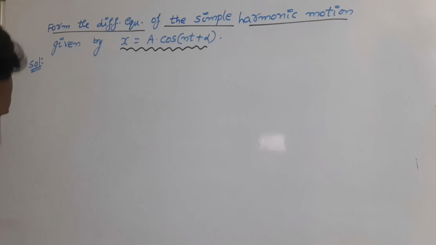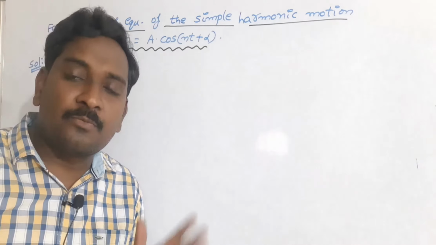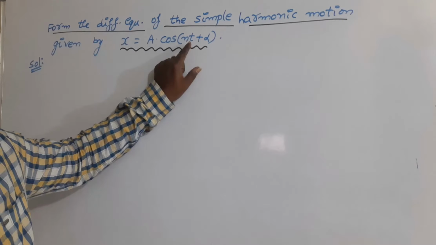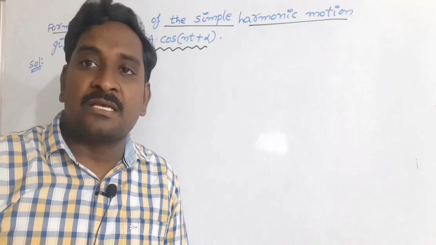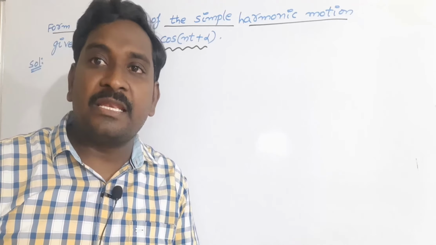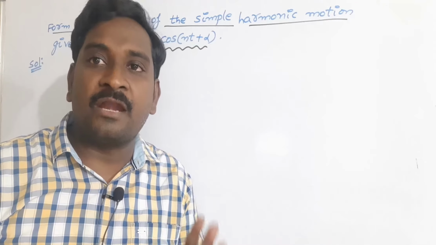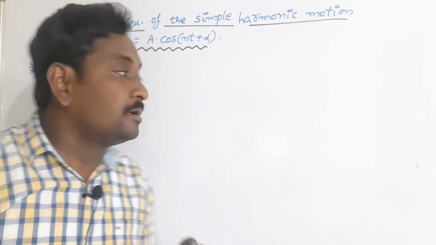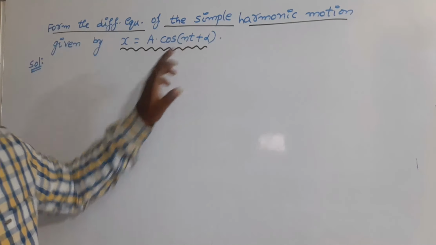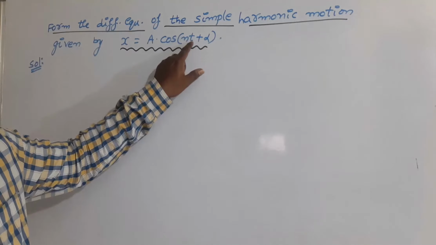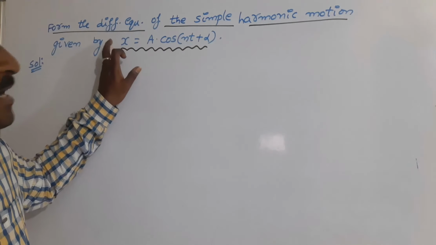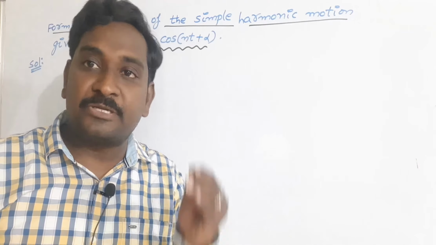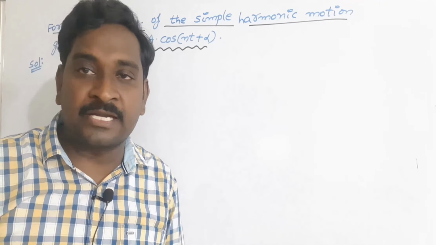Clearly we are observing that the variables involved in the simple harmonic motion equation are x and t. If a relation has x and y variables, then automatically x becomes the independent variable and y the dependent variable. Suppose in the given relation the variables are x and t, then I will treat t as the independent variable and x as the dependent variable. That's why in this problem we always have to take the differentiation with respect to t only. Don't forget, very important thing.